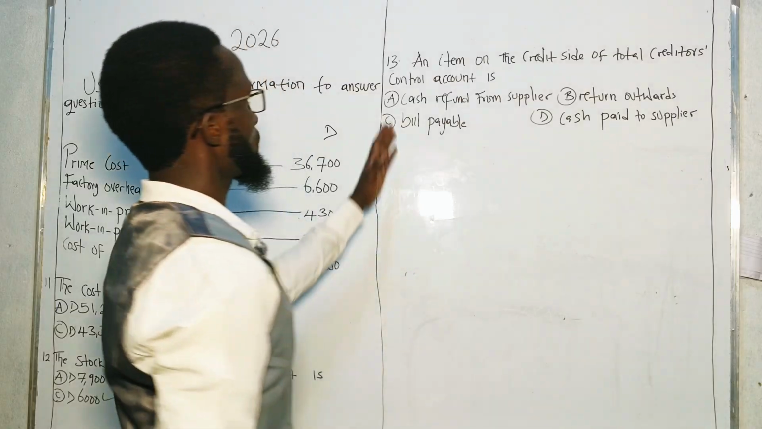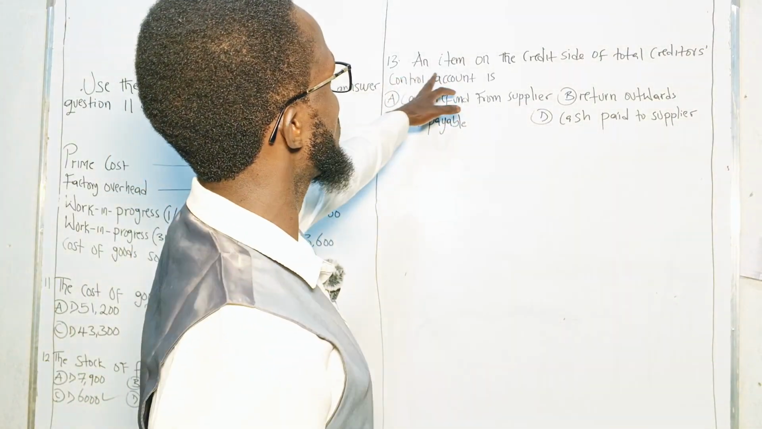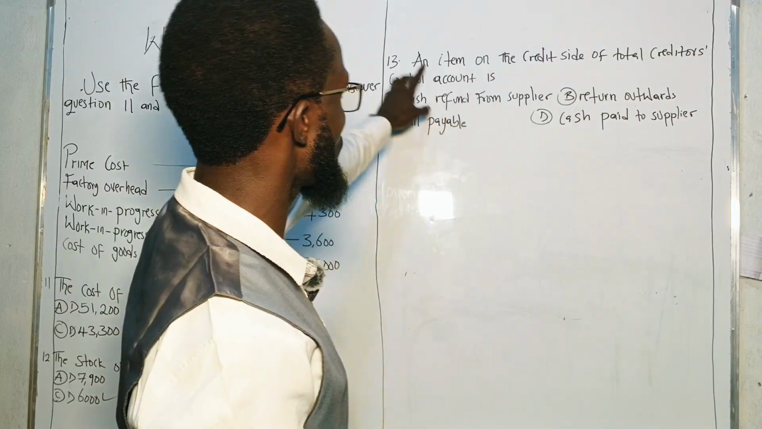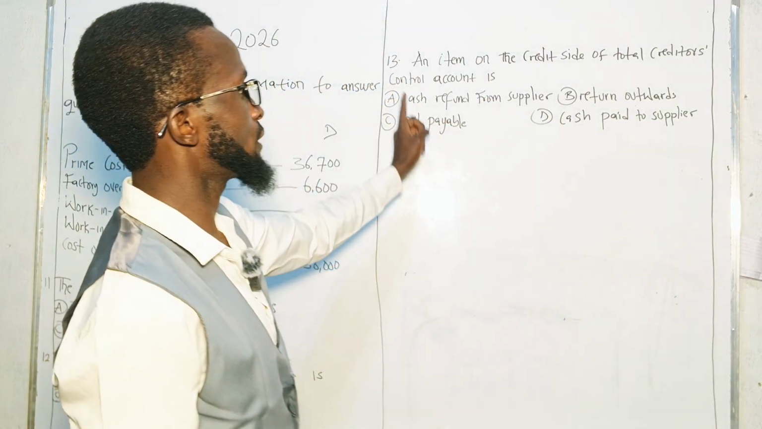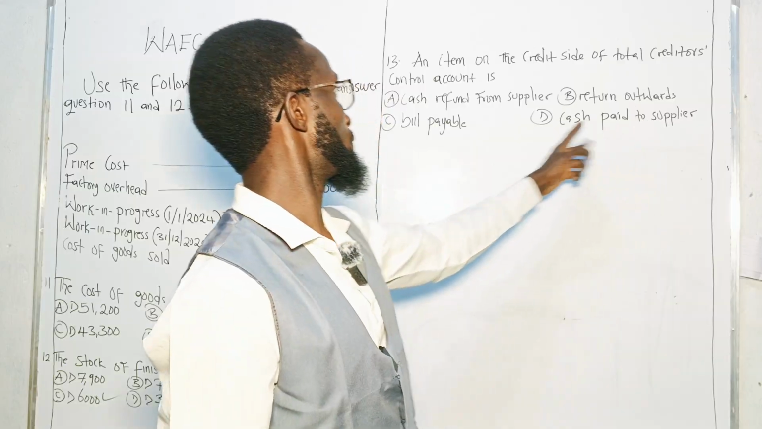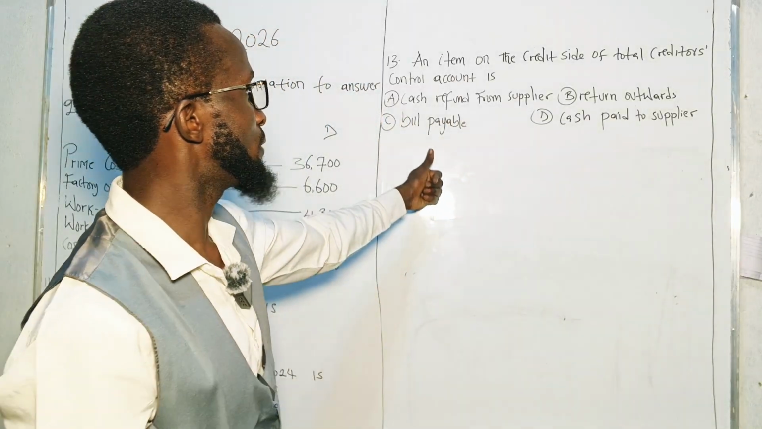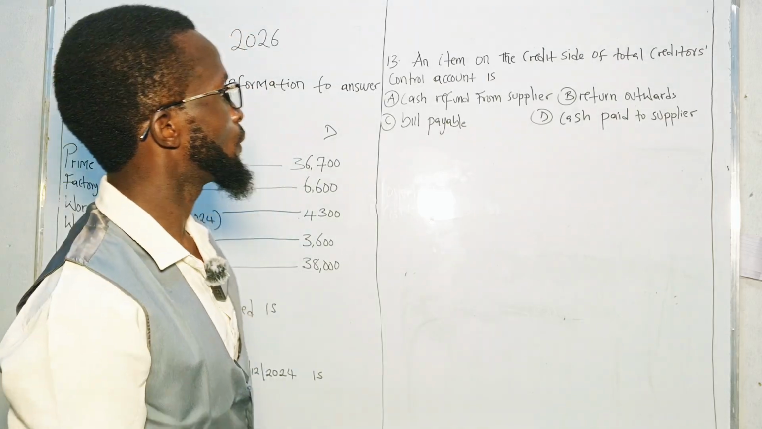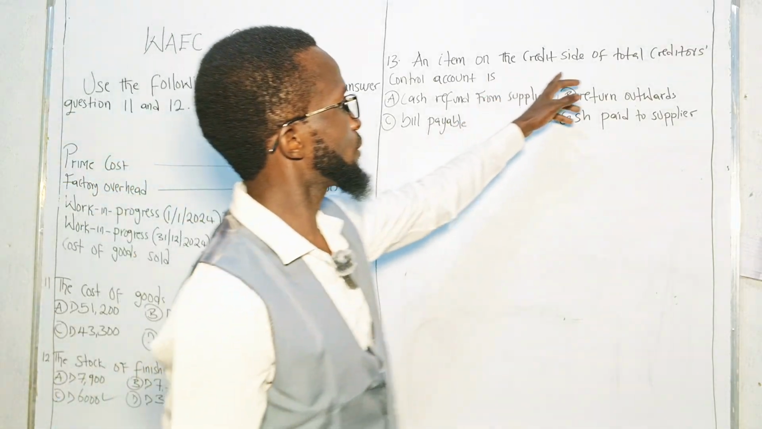Okay, question 13. An item on credit side of total creditors control account is: A, cash refund from supplier. B, return outward. C, bill payable. D, cash paid to supplier. So remember, credit side of total creditors